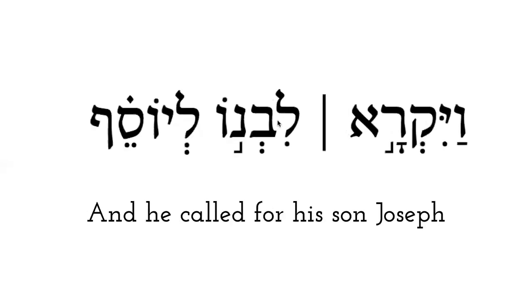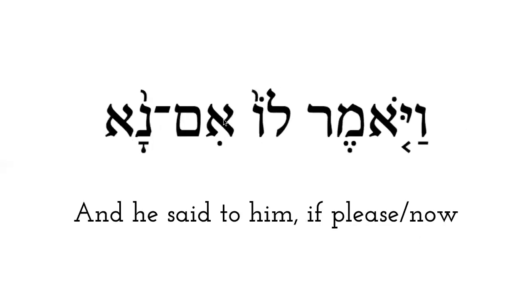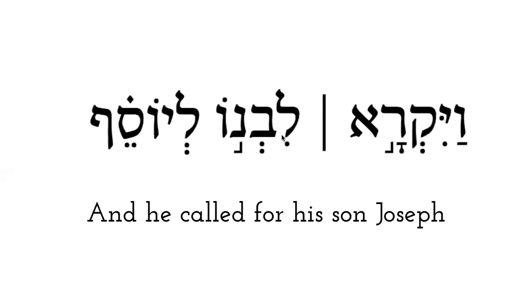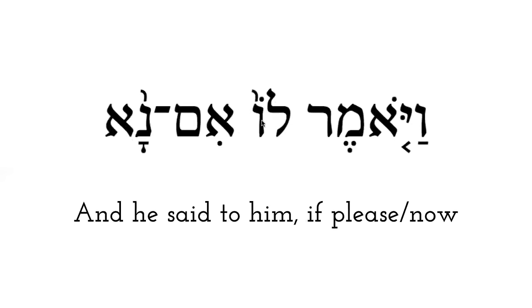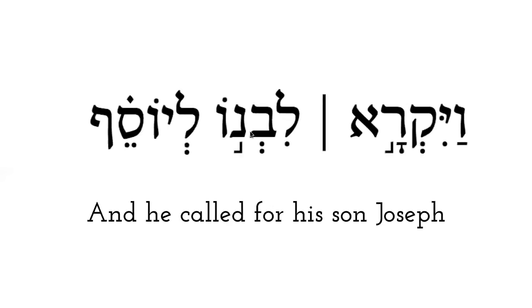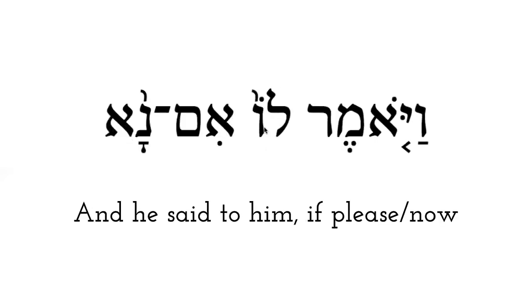and lo means to him. Now remember I said this o right here means his, and it's kind of related to this o right here, which means him, and this lamed means to. And I told you this lamed right here is also to or for, right? So lamed with this vav with a dot over it would say lo, like this one, lo, which would mean to him. And because there's a ben right here in between them, it's to his son. So you can kind of see the relationship there visually, to him and to his son. So, and he said to him,